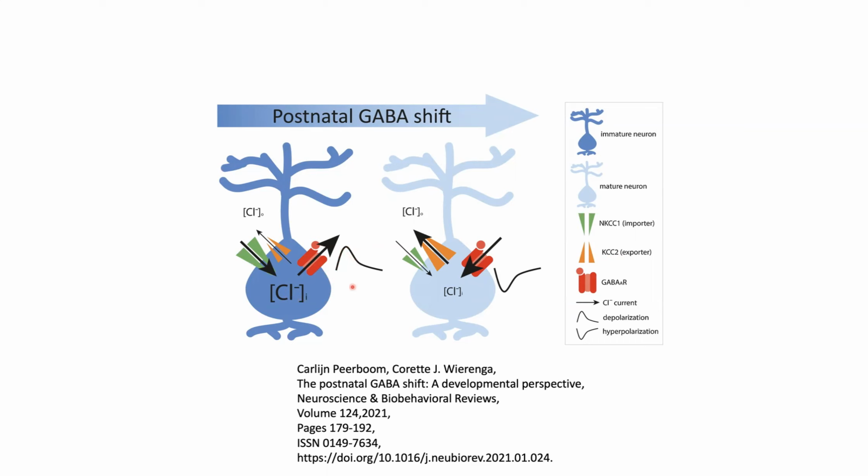So this reverses during the later infantile period, that gradually the number of NKCC1 importers are going to come down in the mature neuron, and KCC2 is going to be the primary chloride channel. So that is going to lead to an efflux of chloride current from inside to outside, leading to less chloride concentrations inside the cell. So whenever GABA acts on this ligand-gated channel, there is going to be a net influx